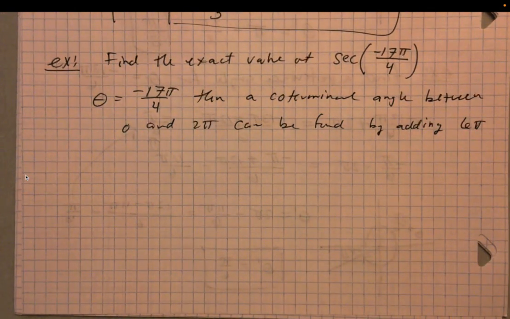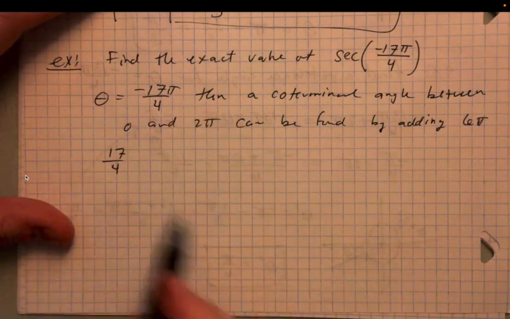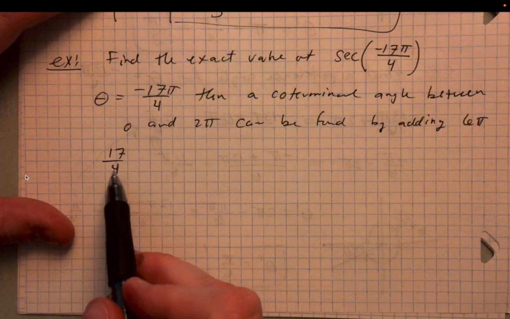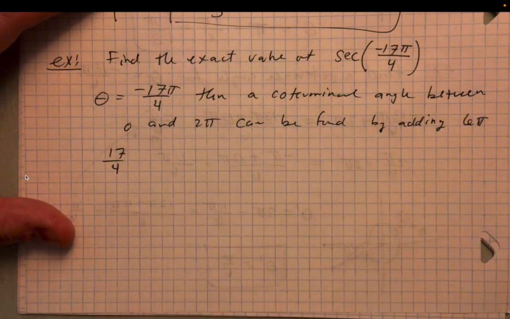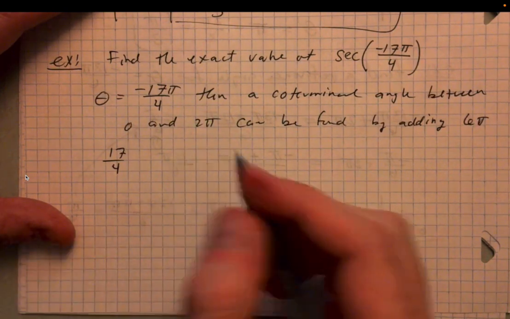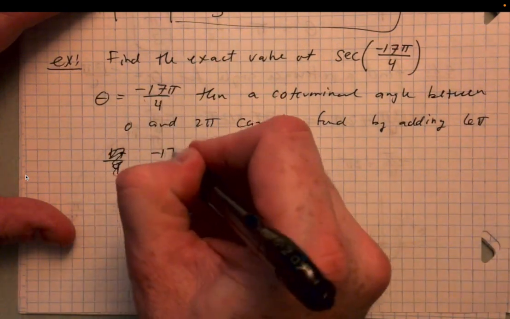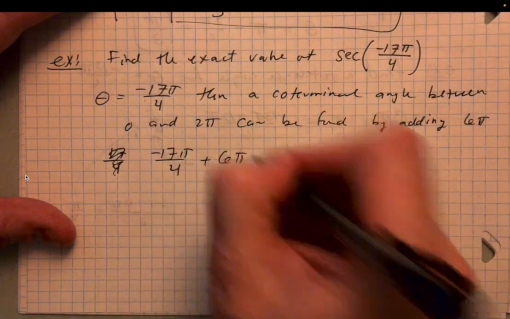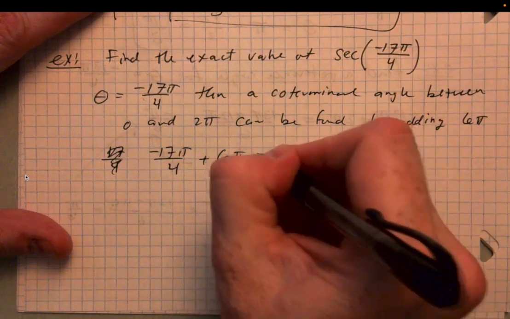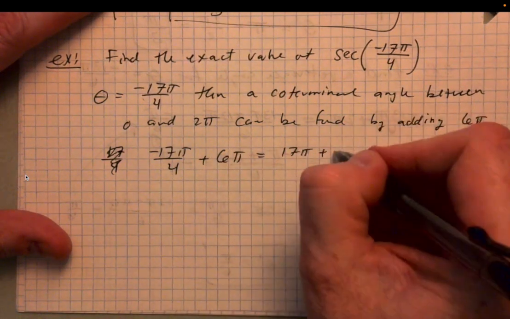You don't necessarily have to figure that out right away, but you can just see that 17 over 4 is greater than 6. So you can easily take the negative 17 pi over 4 and you can add 6 pi to it. And so when you do that, you get negative 17 pi plus 24 pi